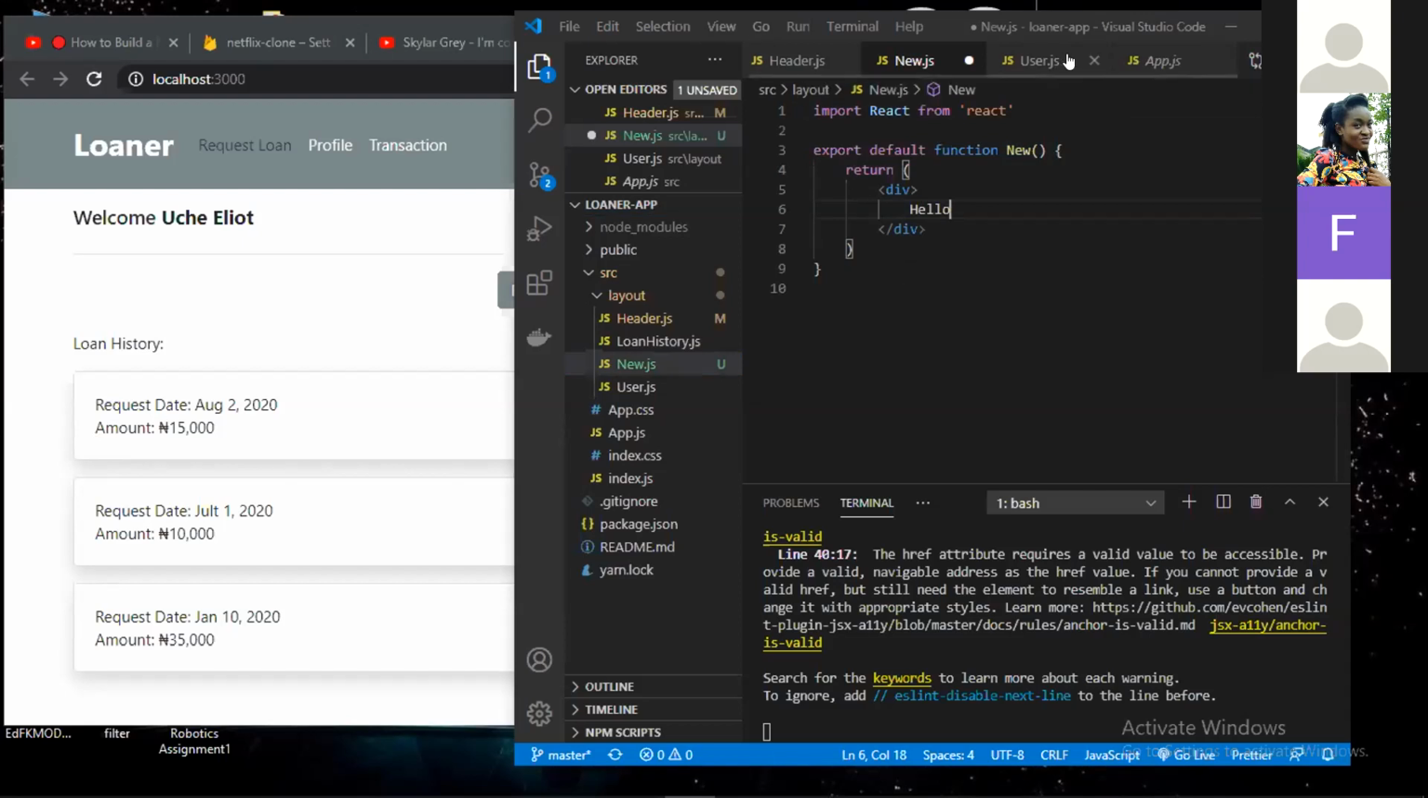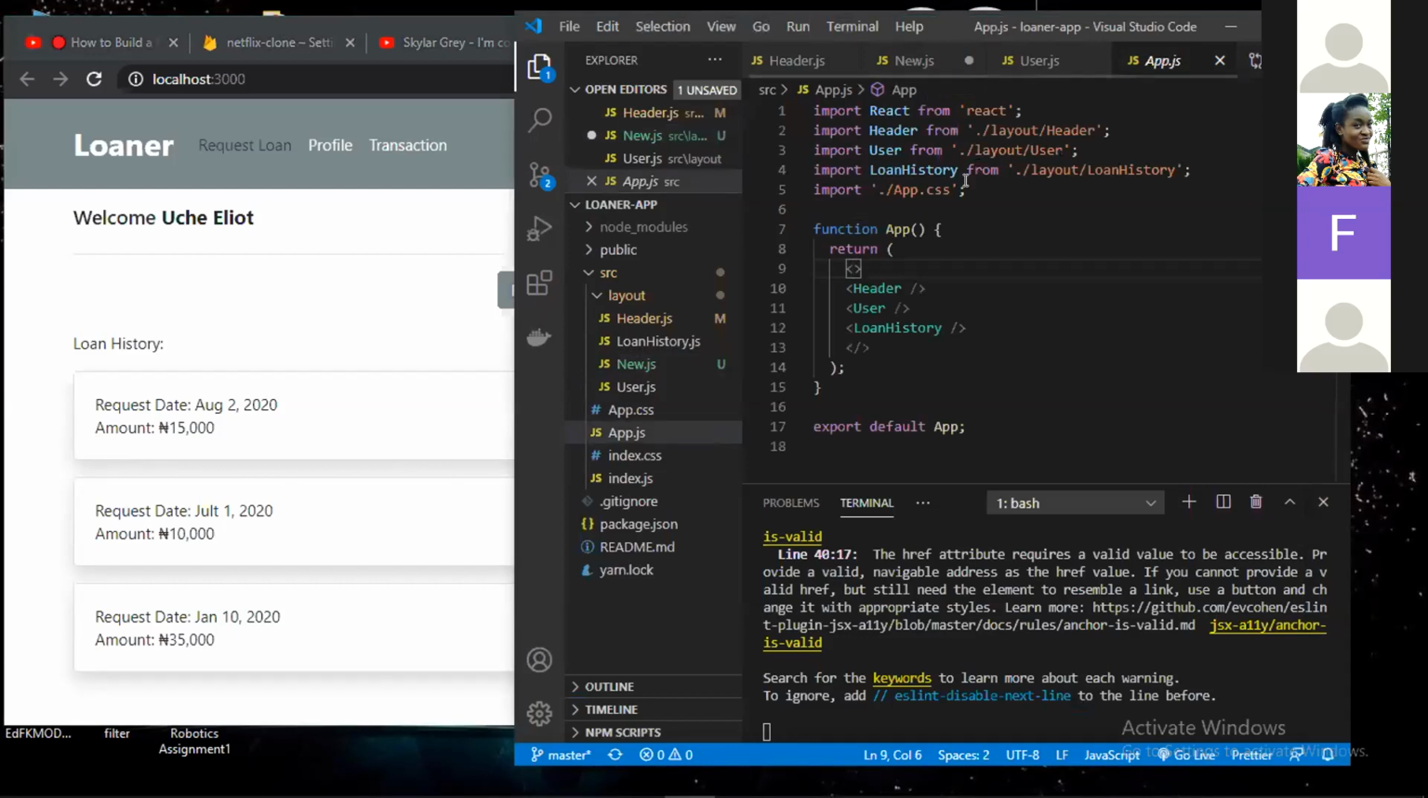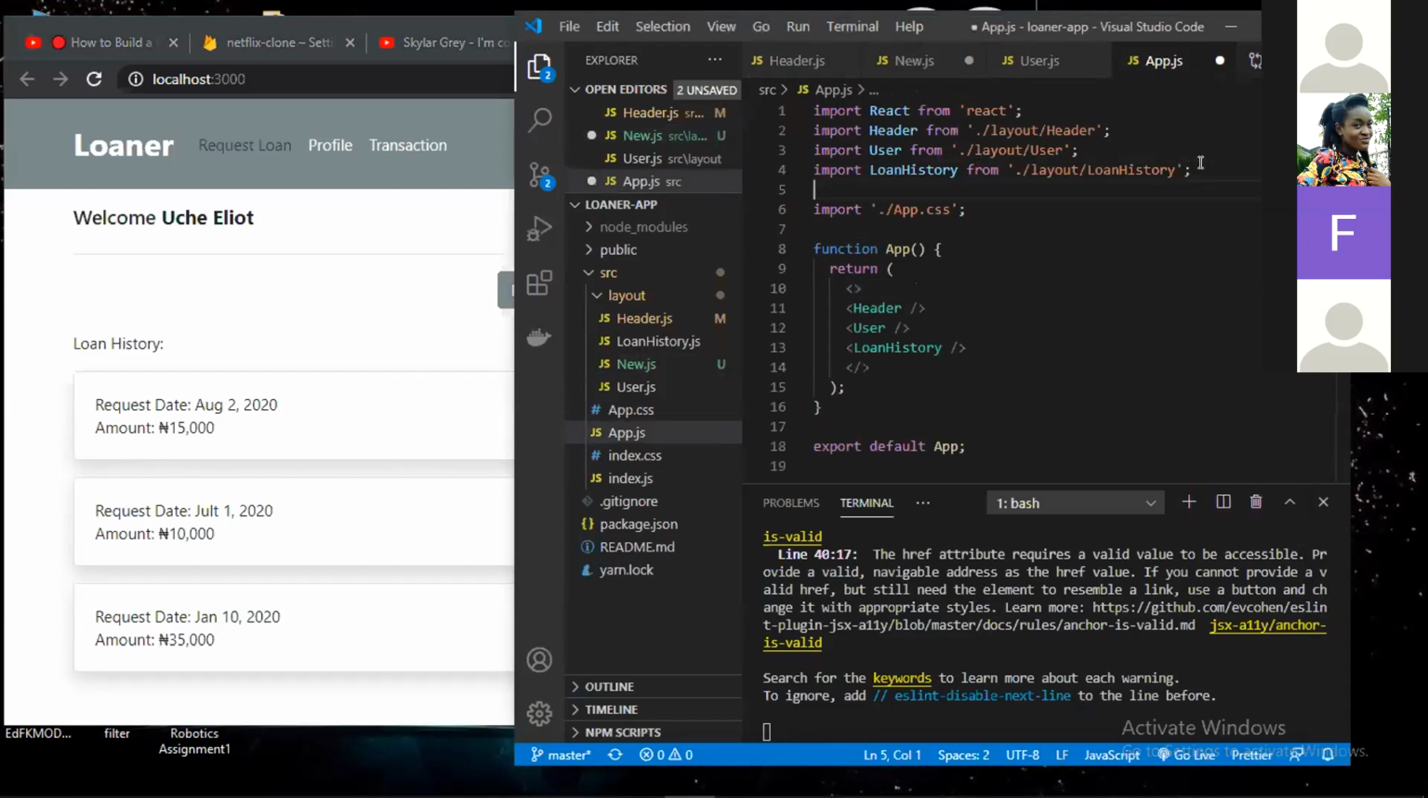And I go to my app.js. So in order for it to display here, it has been exported already for me by default due to the snippet, the rfc that I wrote. So I have to import it in my app.js first. So let me go here and say import New from